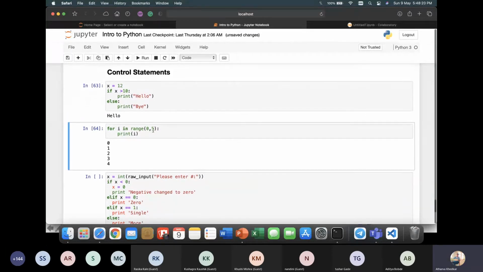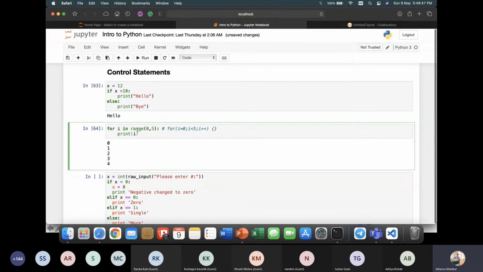So just like that. And now the for statement that I wrote previously. In C or C++, you might be doing for i equals to 0, then i less than 5, and i plus plus. So the equivalent for this is just this line.